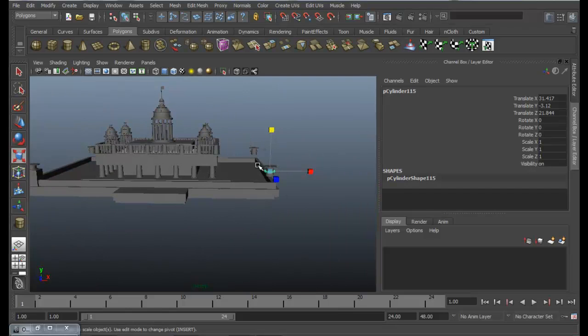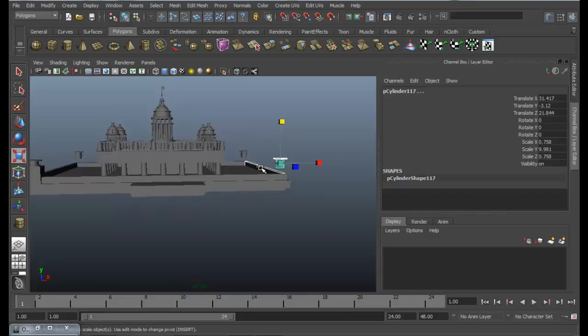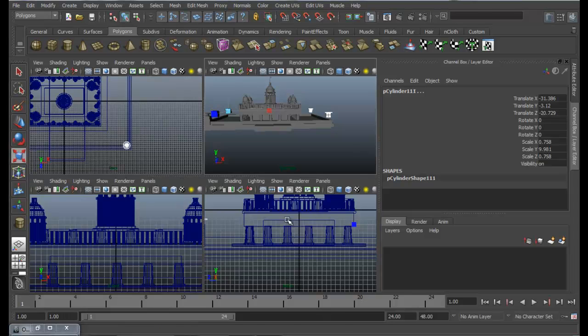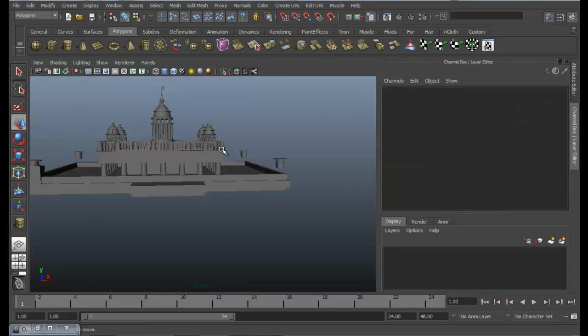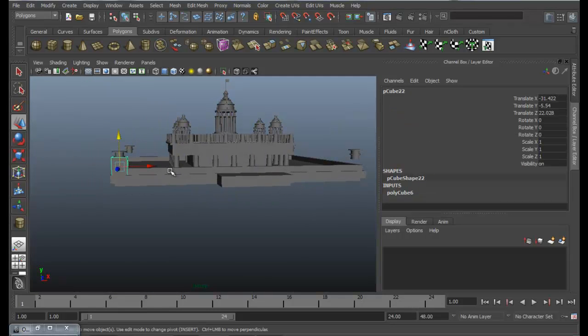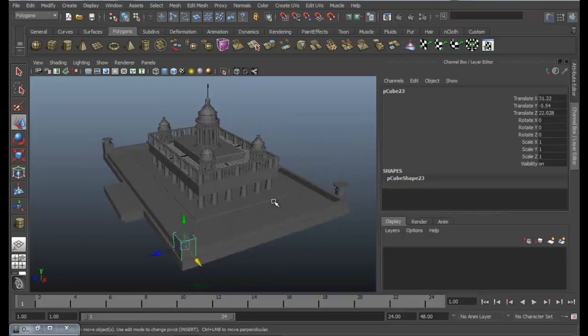That's I think a problem of the position. Just let me select all this and then position it down. Oops, I just forgot to select this box. Okay, again duplicate the box.